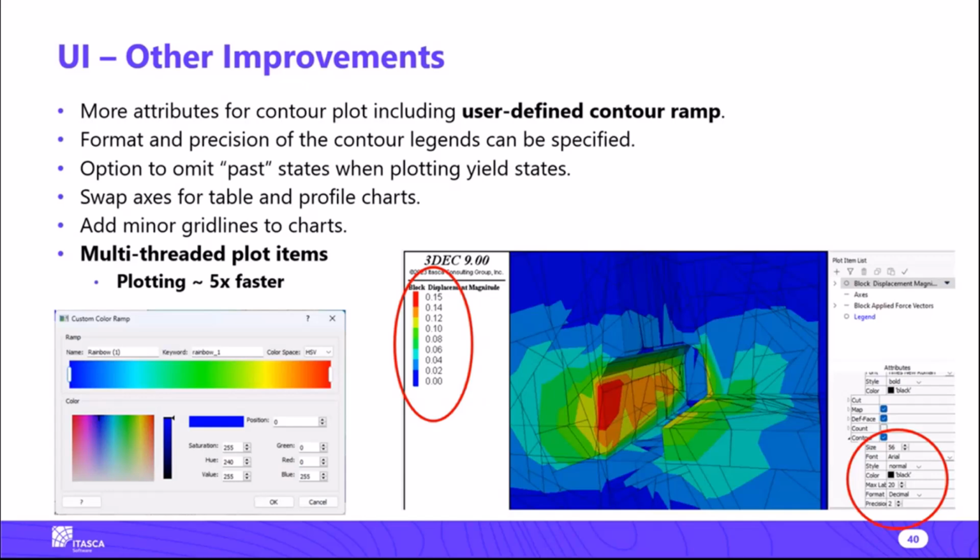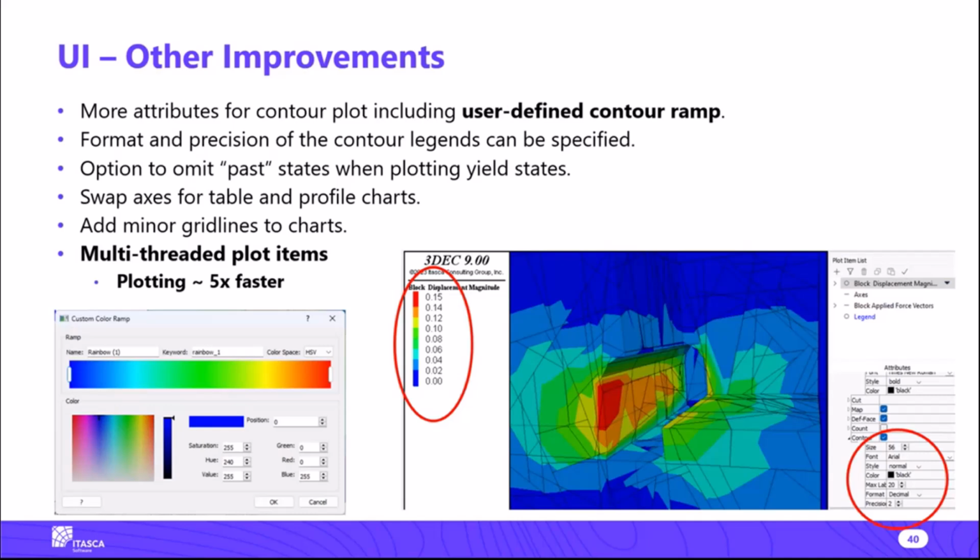The ability to change the legends. In previous versions, the legends are always showing scientific notation. Sometimes that's annoying if you have decimal examples like this, so you can just change it to be decimal and you can specify the number of decimal places, and it's quite nice. You